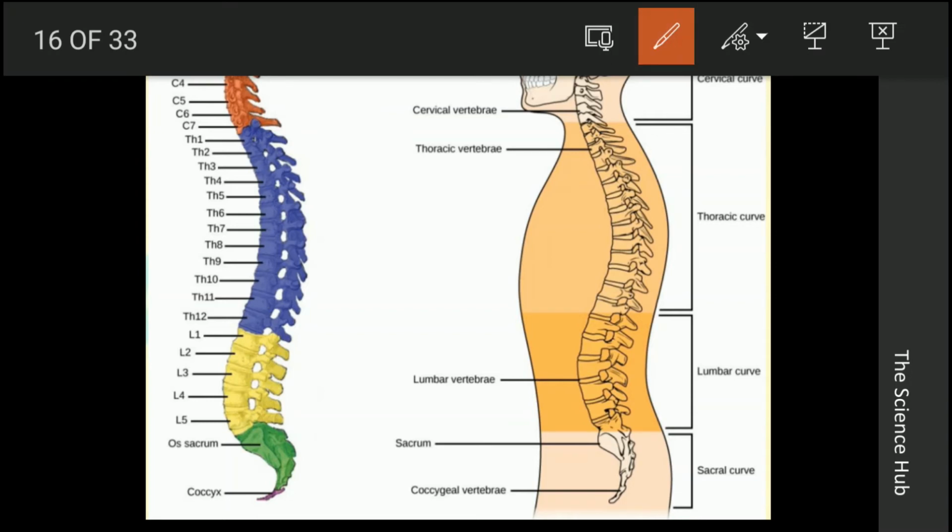Here we can see there are cervical vertebrae, thoracic and the lumbar vertebrae, and next up is the sacrum and the coccygeal vertebrae. There are a total of 7 cervical vertebrae, 12 thoracic vertebrae and 5 lumbar. Then the sacrum bone is composed of 5 bones, and last is the tail, that is the coccygeal vertebrae. Together the sacrum and coccygeal form a tail-like appearance, which is known as the sacral curve. Then in the lumbar, that is the lumbar curve, thoracic and the cervical.